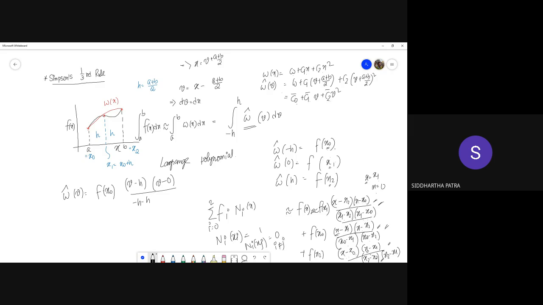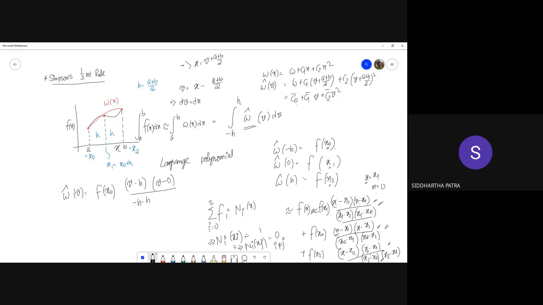Okay. So if later you get familiar with shape functions in finite element method, you would realize exactly this is how the shape functions are formed in finite element method using Lagrange polynomials. Okay. So Lagrange polynomial ensures that... so what do we get out of it?